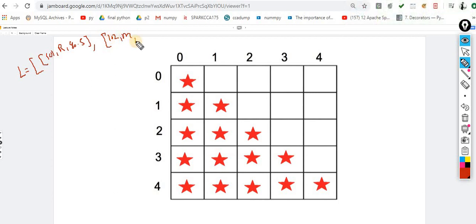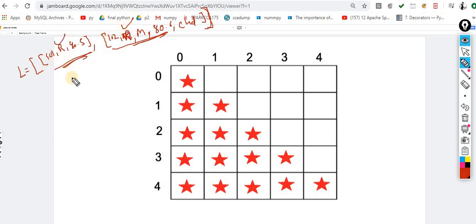He says I am male. Or let's suppose he says I am Ravi Kant, and he also gives his gender, male. And he says I got 80.6 marks and I belong to Chandigarh. Now imagine you are getting this type of data, and your client says to represent this data in rows and columns.